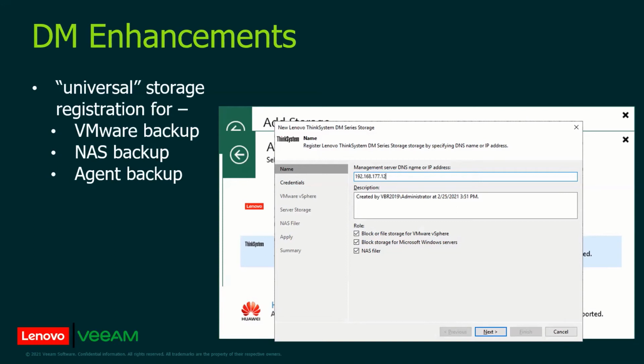So is it supplying file or block storage for vSphere? Is it also a NAS filer? Am I going to want to do NAS backup through it? And a new capability, which we'll talk about momentarily, is being able to do some backup for block storage for Windows servers as well. But it goes without saying, I can register all of that capability within one place for DM